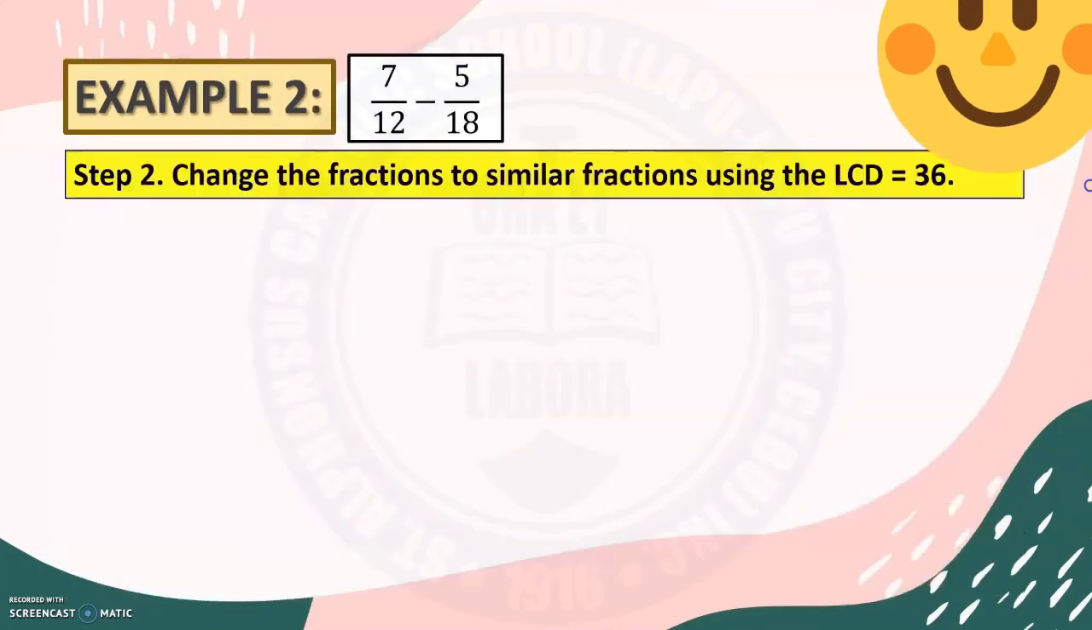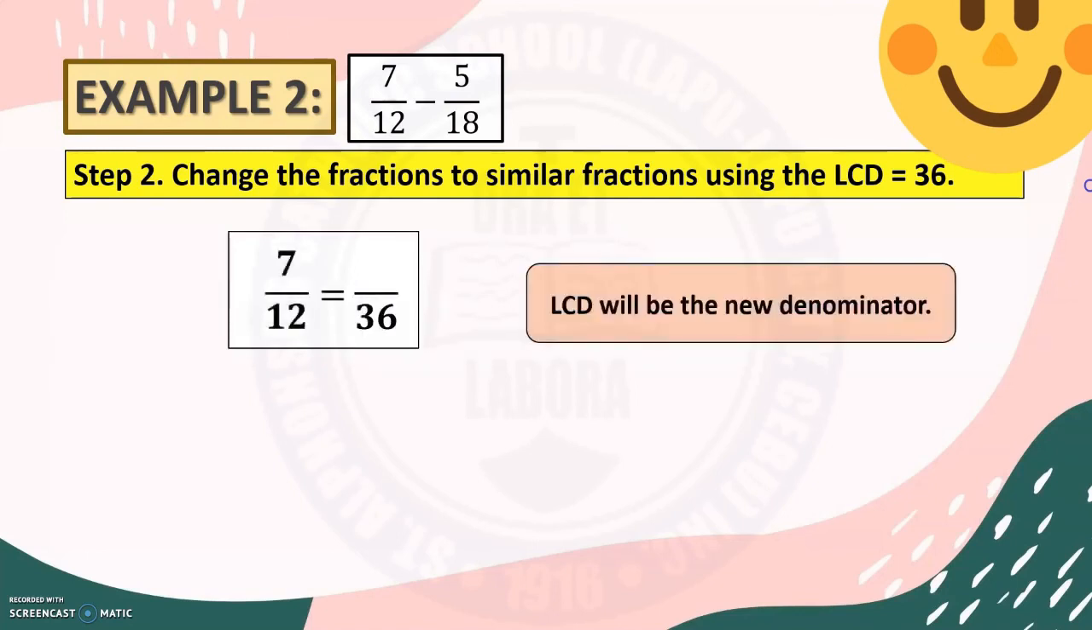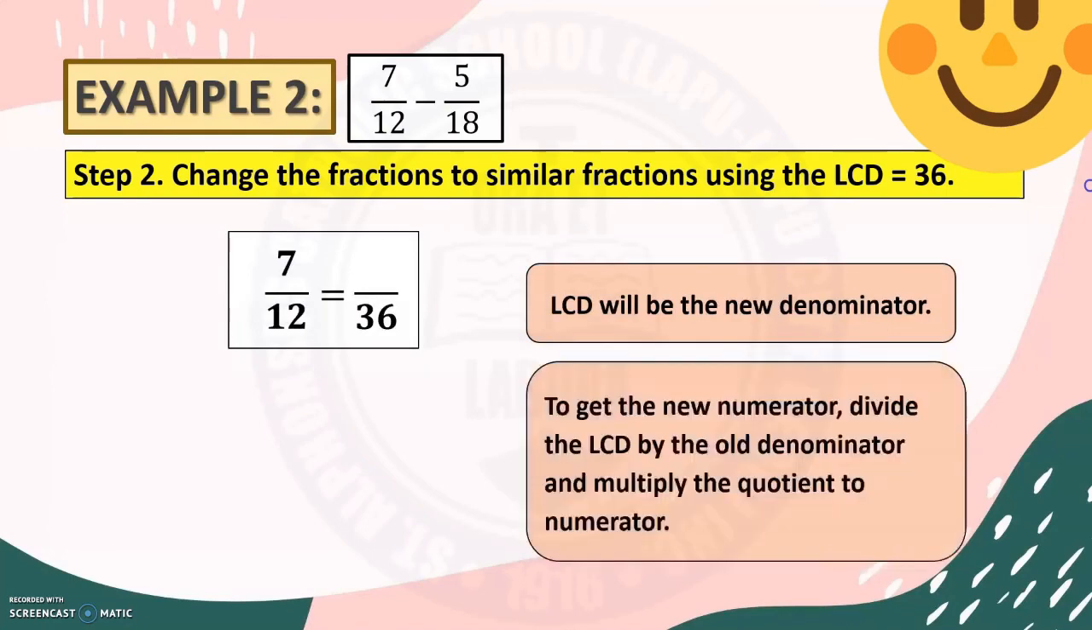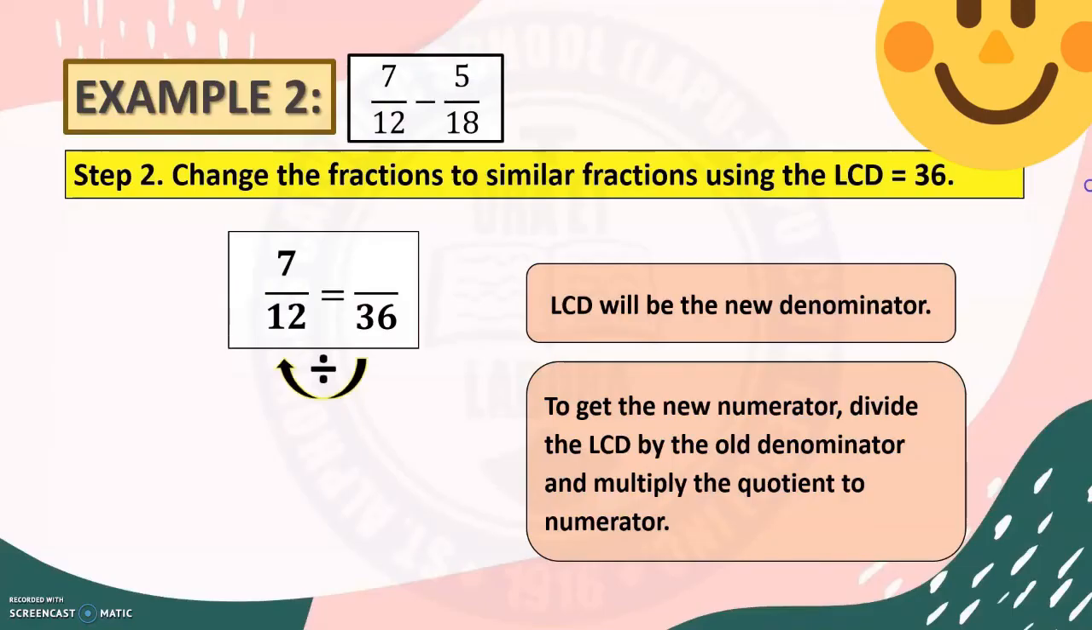Now let's have the second step. Change the fractions to similar fractions using the LCD 36. We have our first fraction, 7/12. We have our new denominator, which is 36. Again, to get the new numerator, let's divide the LCD by the old denominator. That would be 36 divided by 12, which is 3. And 3 times 7 is 21. We have our new fraction, which is